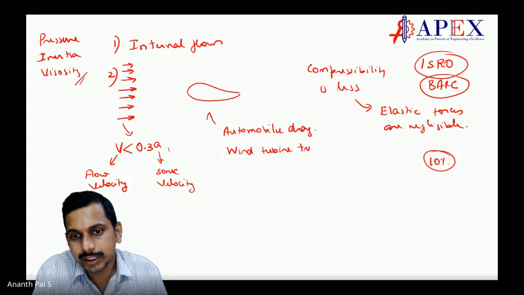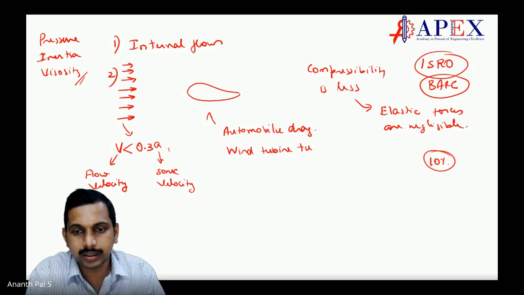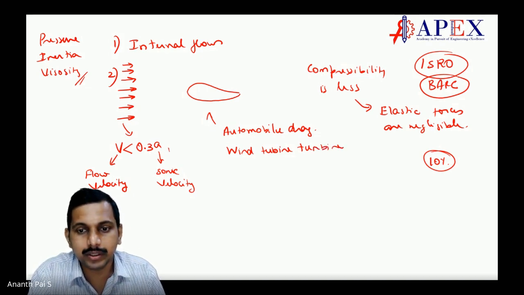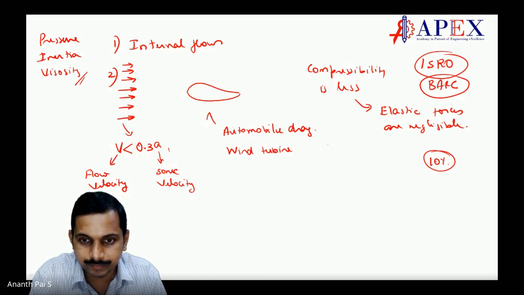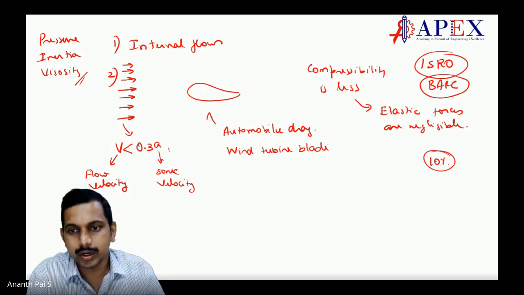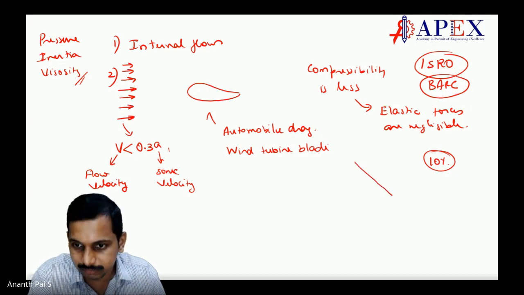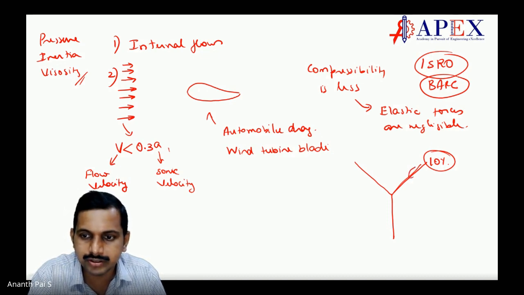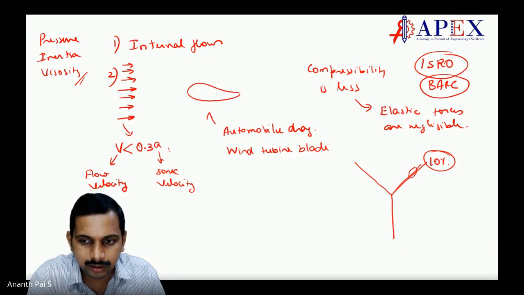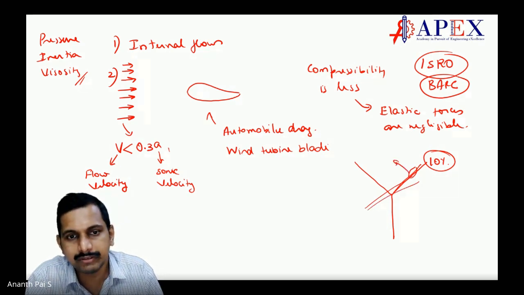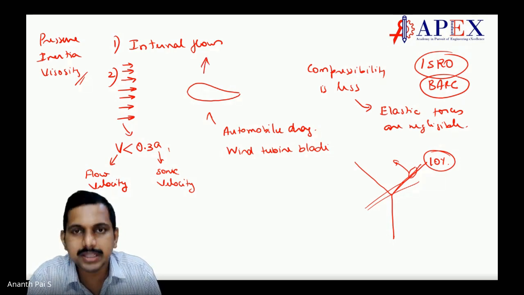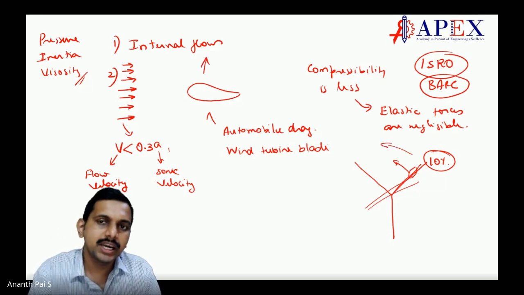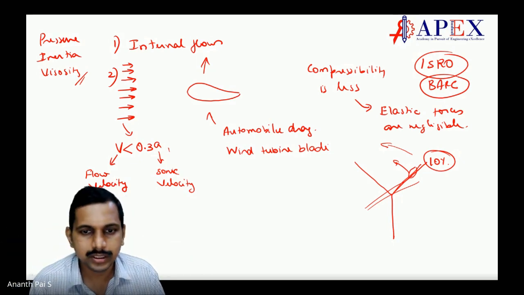We know wind turbine blades, how do they move, students? It moves by lift and drag. So how does a wind turbine work? It has only 3 blades, is it not? How does it move? Because it has an aerofoil structure. When the wind moves over it like this, it creates a lift in this direction. Lift need not be in this direction alone; lift can be in this direction also. So it creates a lift in that direction, and that's why it rotates. That is how a wind turbine works.